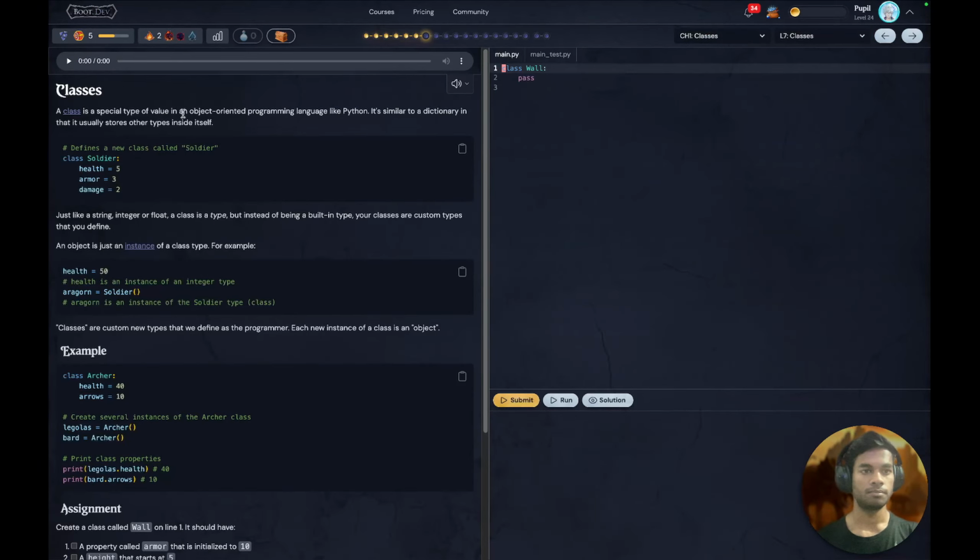Now next, classes. A class is a special type of value in an object-oriented programming language like Python. It is similar to a dictionary in that it can usually store